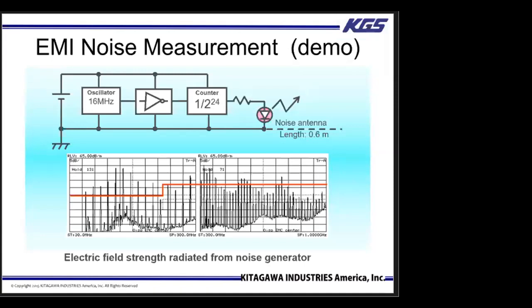It is a simple circuitry with a 16 megahertz clock device. There is a light emitting diode for confirmations of operations, which is blinking every second. The wire is connected to the ground, which should be a reference voltage point with a zero potential. The purpose of this experiment is that the wire is used as an antenna for radiating high frequency energy.